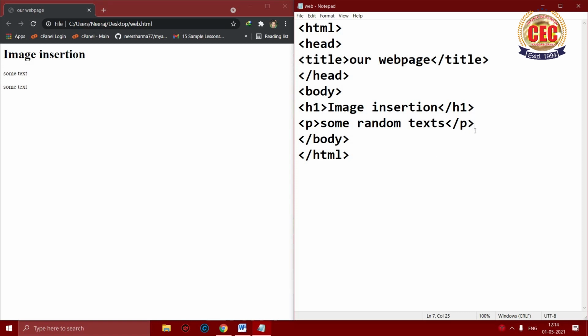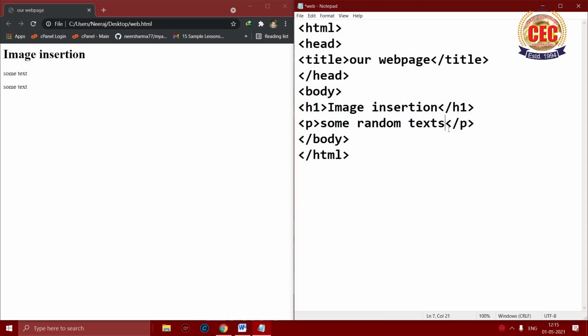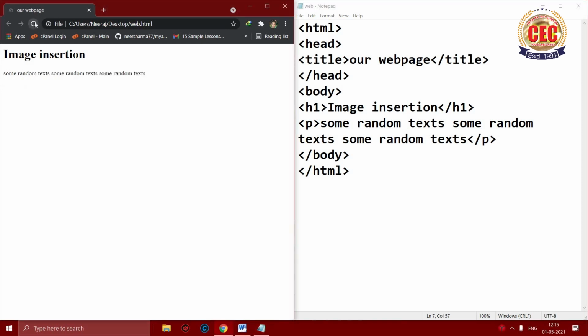I'll copy this, put it again, so it will show in a single line only.